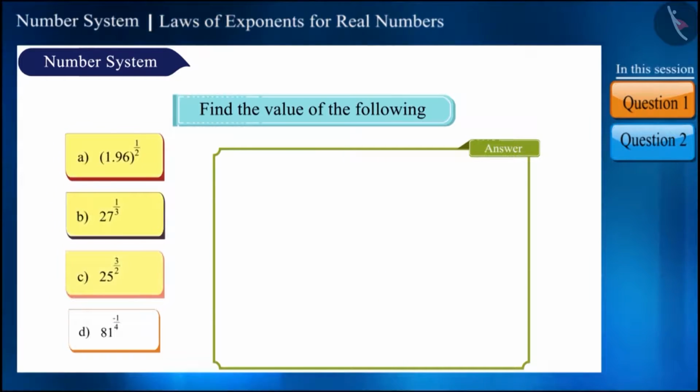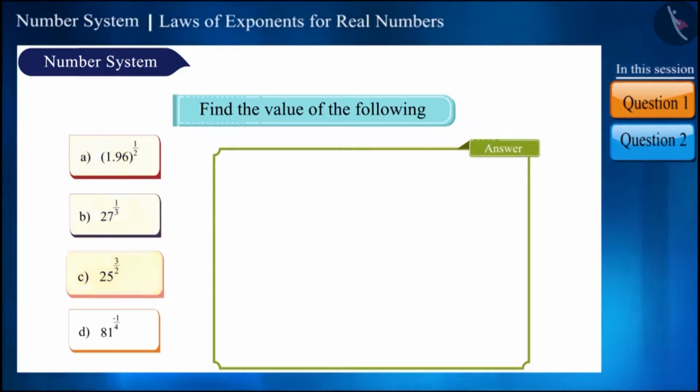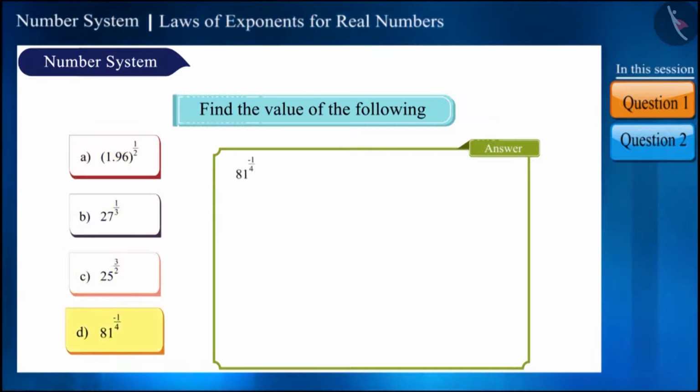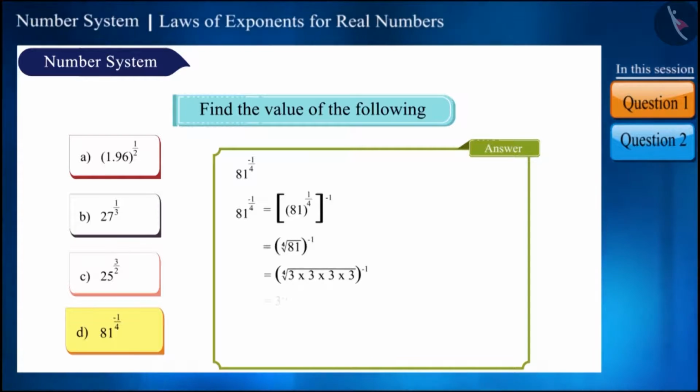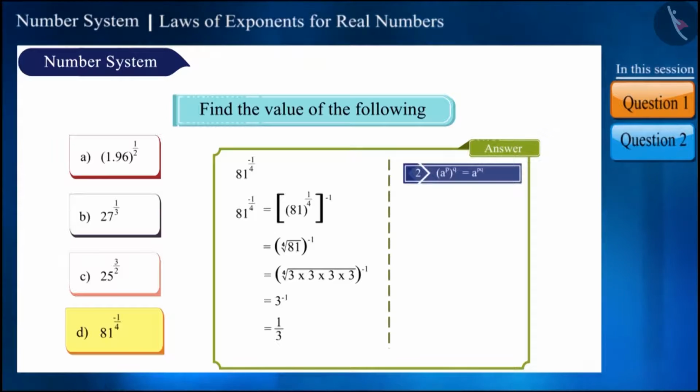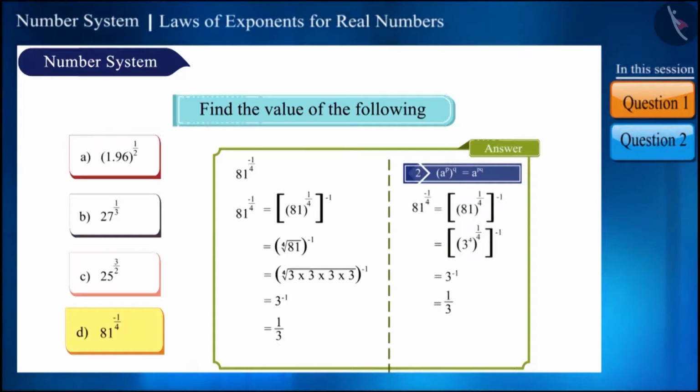So far the numbers were positive numbers, but here the exponent of 81 is minus 1 by 4. We can write it like this. 81 raised to the power 1 by 4, that is the fourth root of 81. And now we get 3 to the power of minus 1. We can also write it this way. Friends, we can also simplify it using the exponent rule. We'll get the same answer in both the places, that is 1 by 3. So in the second question,